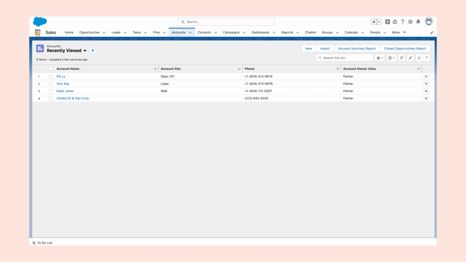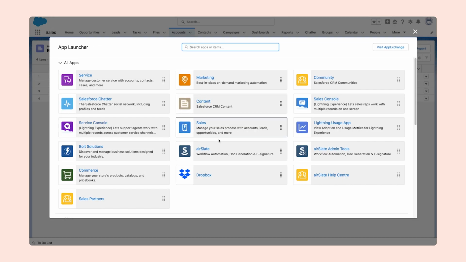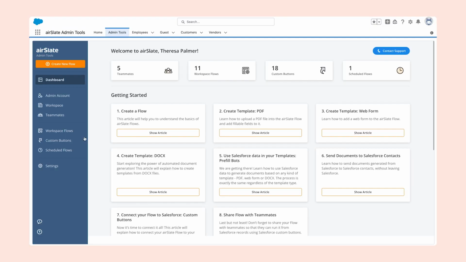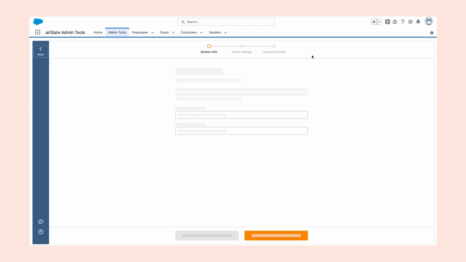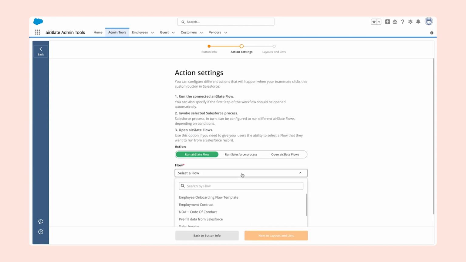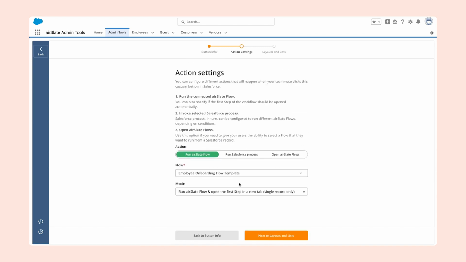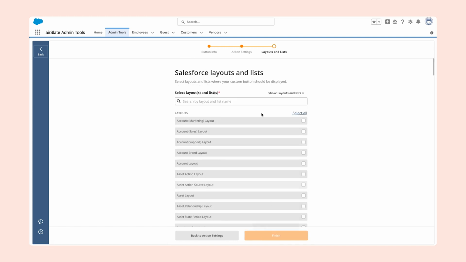Log into your Salesforce organization and find your way to the app launcher. Then, proceed to the airSlate admin tools, select the Custom Buttons tab on the left and click Create Button. Name your button and click Next to Action Settings. In the Action Settings tab, select the action you need. Then select the Custom Button mode and click Next to Layouts and List, or switch to the Layouts and List